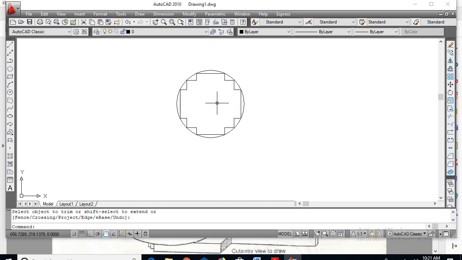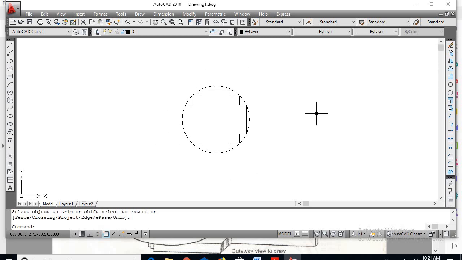Okay, so now since the diameter of the circumscribing circle is 22 centimeters, assume the inside diameter of LV winding as 24 centimeters. So 2 centimeters you can increase, or the assumption can be left to the student. Okay, go for circle. So select the center point of the circle.